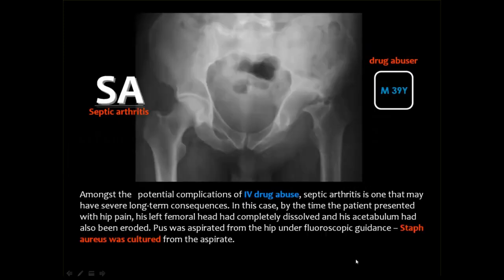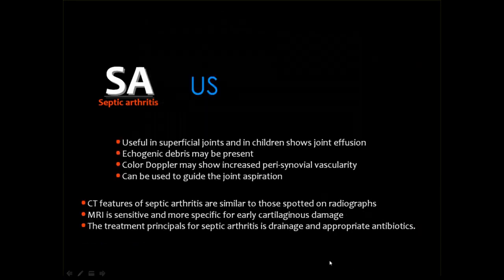Then sometimes in septic arthritis, you get total resorption of the bone, especially the femoral head, and maybe most of the acetabulum, resulting in this appearance. Ultrasound, as I have mentioned, is one of the best imaging modalities for, number one, detection of joint effusion,